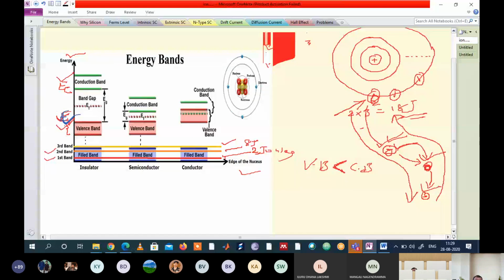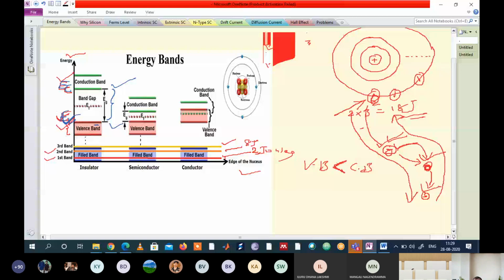This is EV and this is EC. Now, you can observe here, there is a gap between valency band and conduction band because they are not overlapping. You will be finding a gap here because this is conduction band and this is valency band. An electron is jumping from valency band and entering into conduction band so that current flows in the device.